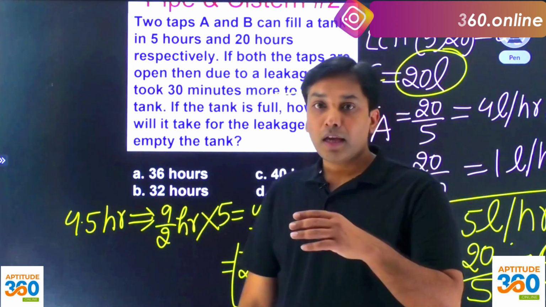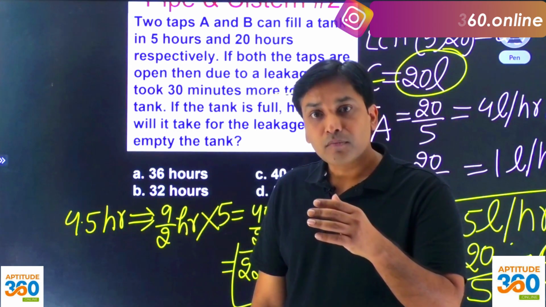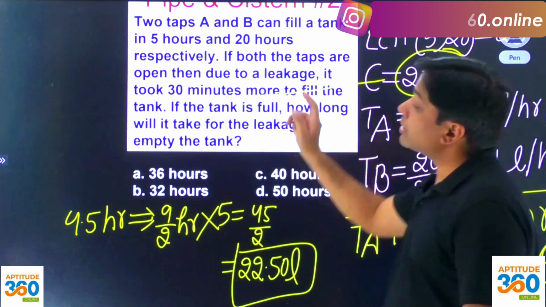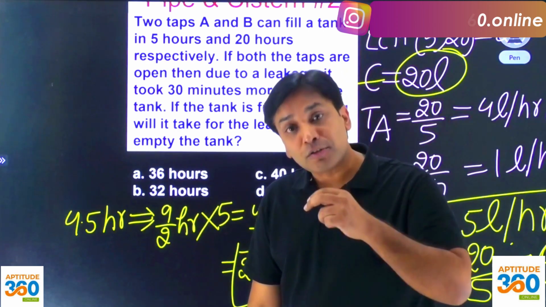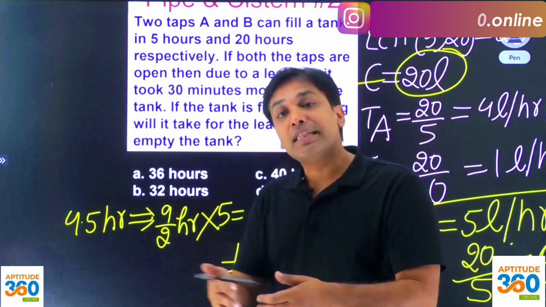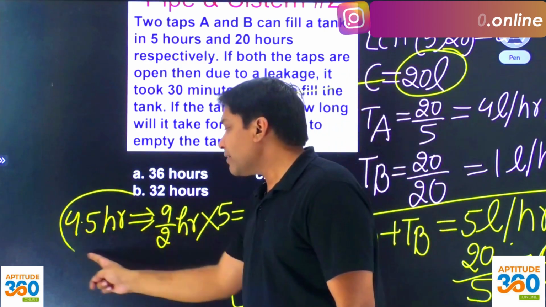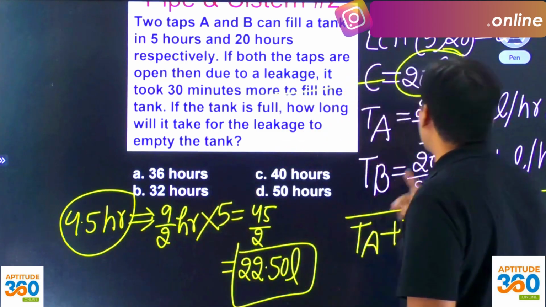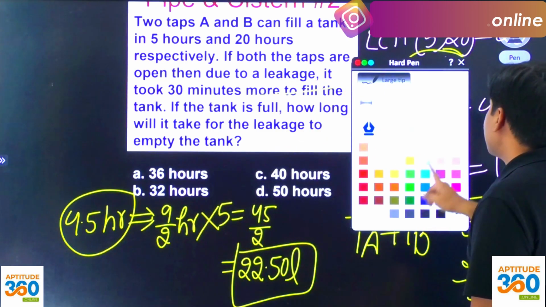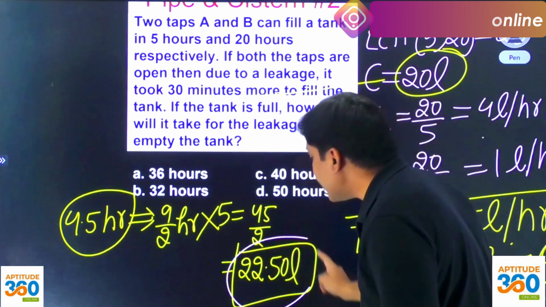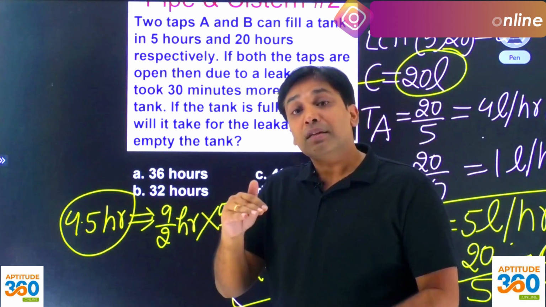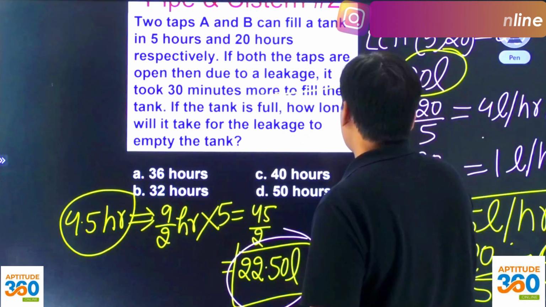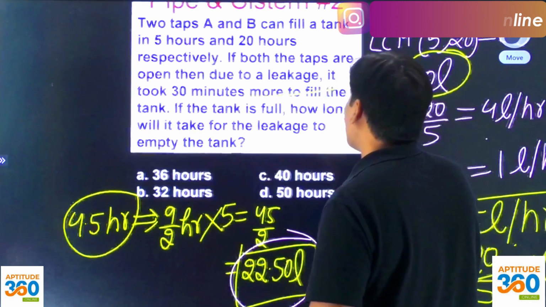So if the leakage is not there, तो फिर टैंक कितनी देर में भर गया? हमारे हिसाब से टैंक भर गया 4 घंटे में. प्रॉब्लम बोलता है कि there is a leak, and because of this 30 मिनट्स मोर लग जाता है। अब आप समझो अगर ये 4.5 आवर्स में टैंक भरा तो पानी पहले अंदर कितना है, पहले ये पता कर लो। पानी अंदर कितना आ गया 22.5 लीटर्स by tap A and tap B, इतना पानी अंदर आया। But टैंक की कैपेसिटी हमने ली कितनी है 20 लीटर्स। अब अगर टैंक की कैपेसिटी ही हमने 20 लीटर लेके रखी हुई है तो ये तो ओवरफ्लो हो गया, यही हुआ ना भाई।